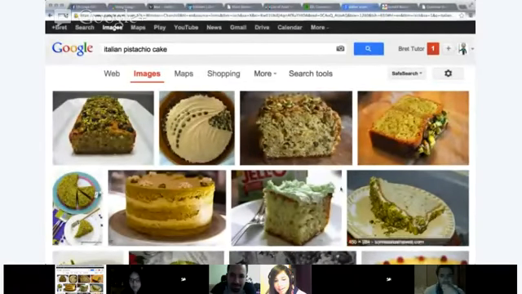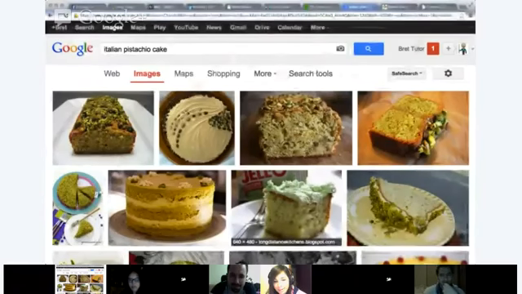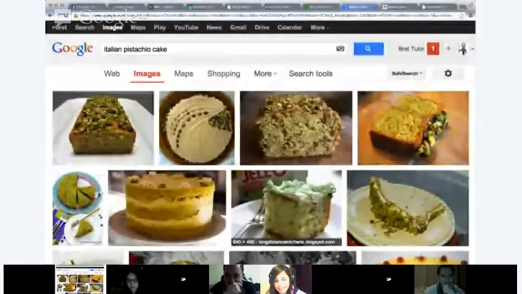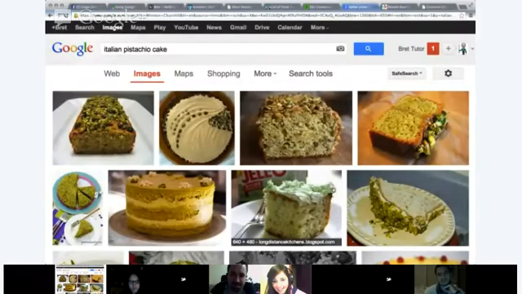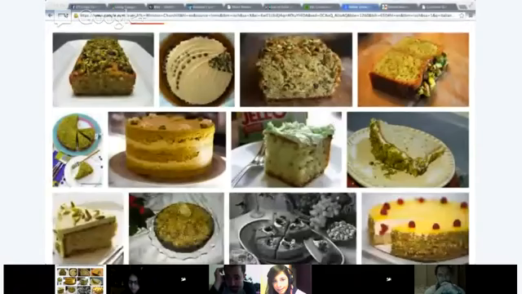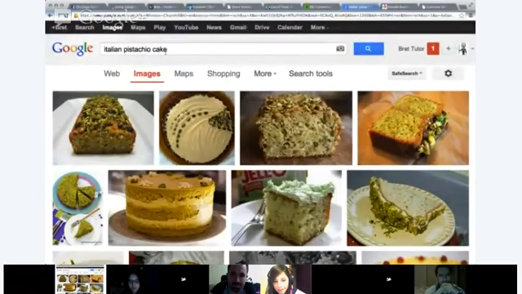Have any of you ever tasted pistachio ice cream? Oh yeah, pistachio ice cream, different types of cakes and desserts with pistachios. Yes, I'm a pistachio addict. It's one of the best nuts. Be careful of peanuts, just because of the oil and stuff. But the pistachio nuts are excellent, very healthy for you. Have you ever tasted Turkish pistachio? No.